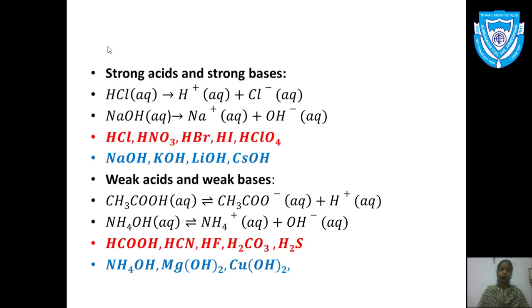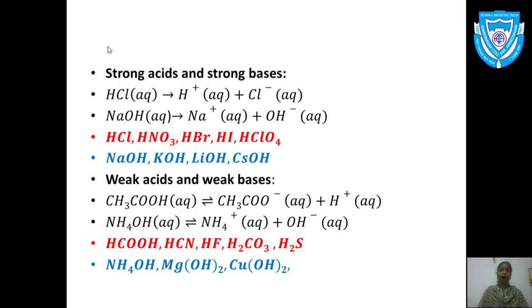Now here the example of a strong acid is HCl. HCl donates its proton H+ and forms H+ and Cl-, or HCl ionizes to give H+ and Cl-. Now the ionization is represented by a single arrow pointing in the forward direction, which indicates that the reaction is complete and the ions will not combine to give back the HCl.